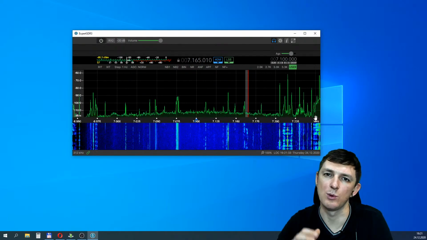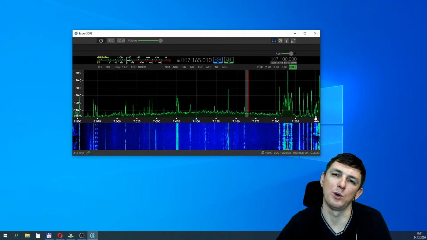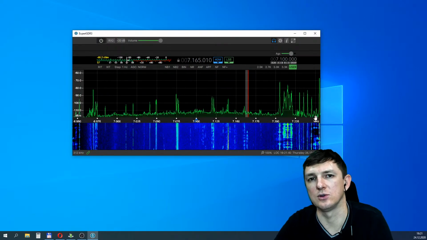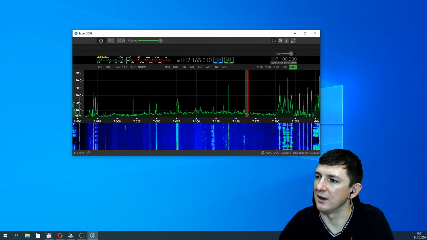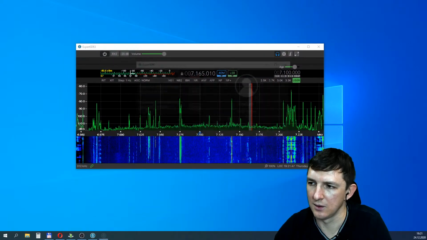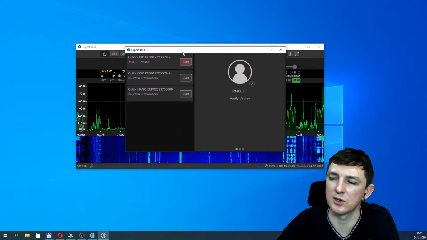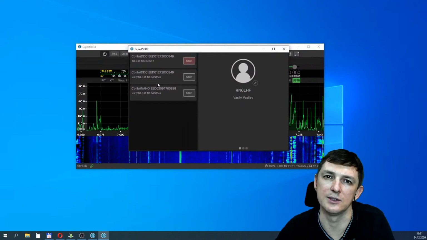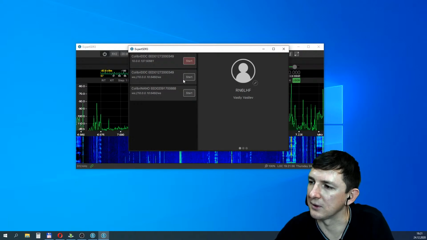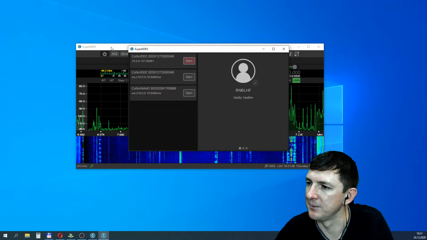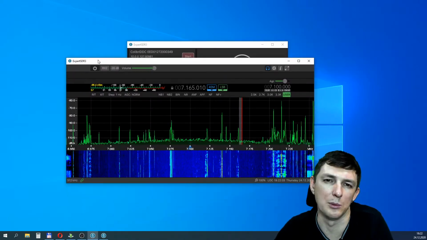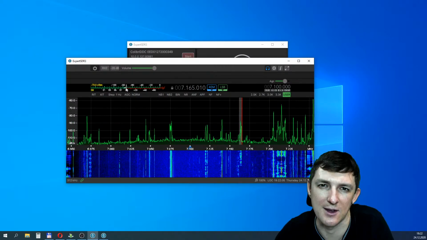Now we have just one Expert SDR3, and we can control local devices and remote devices. In the device manager you can find other devices for remote control, and we can open them with the same steps. Just press start and it will be opened in the same window with the same functions.